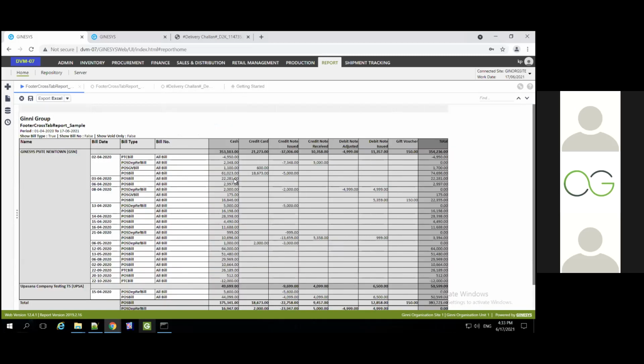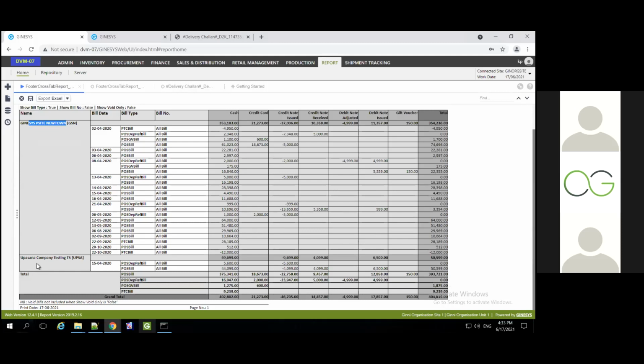So if you see this particular output, there are basically 2 sites. You have one site over here and the other site over here. There is information with respect to the various bill dates, and certain bill types. Based on the selection of this report, you can see the bill number or not, and have the output with all bills or an individual bill number. In this case, I have not selected any, so it's giving you all bills. So this is not where we would be using the cross tab.